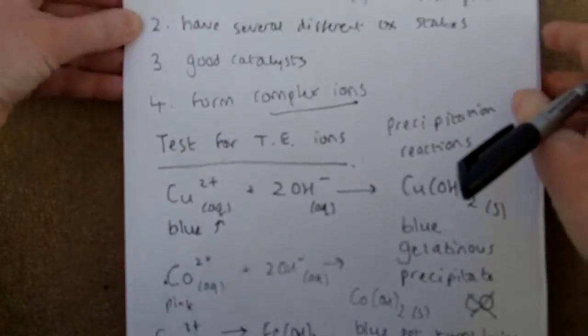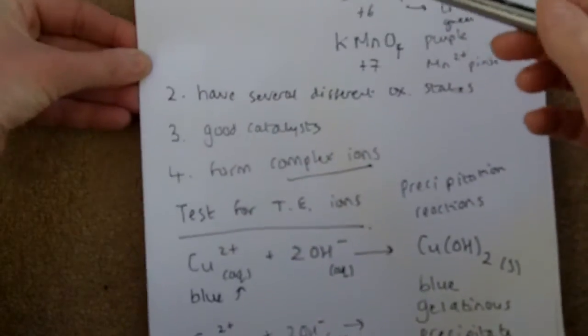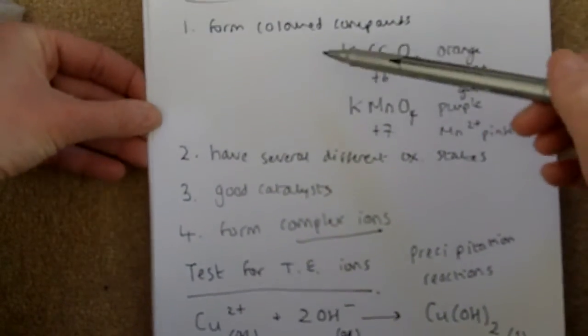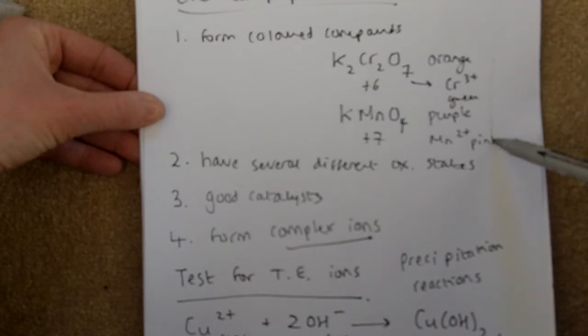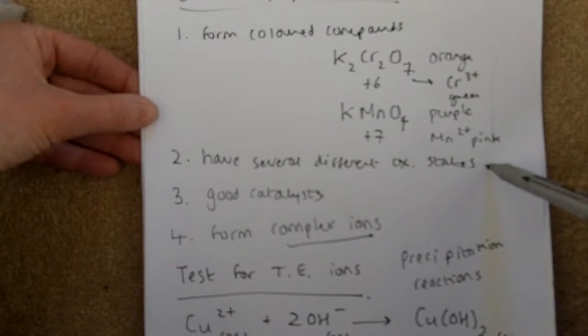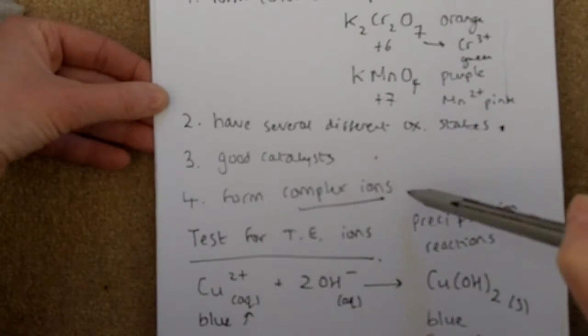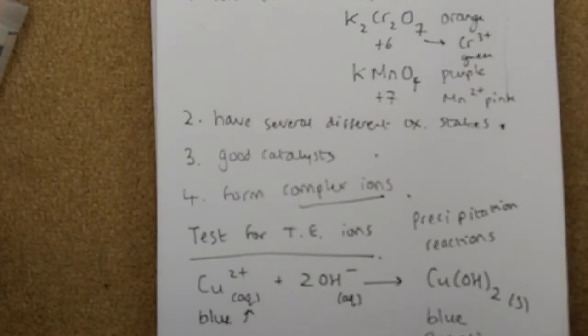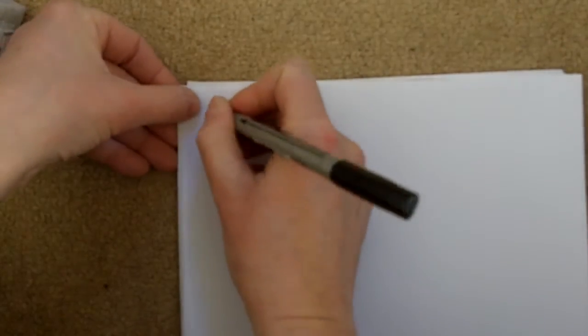Okay, let's get on to the chemical properties of transition elements. They form coloured compounds. You recognize some of those already. They have several different oxidation states of the transition element ions. They're good catalysts, and they form complex ions. So let's talk about forming complex ions. This is when the transition metal ion is in solution. So complex ions. So in solution,